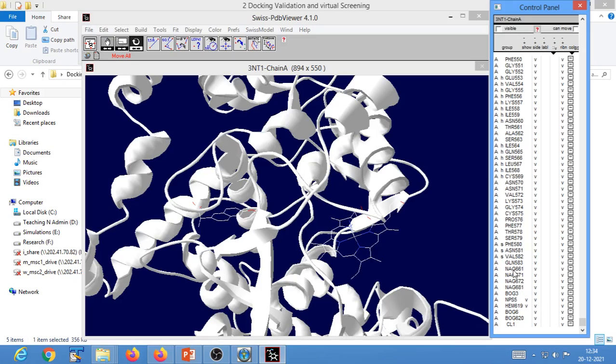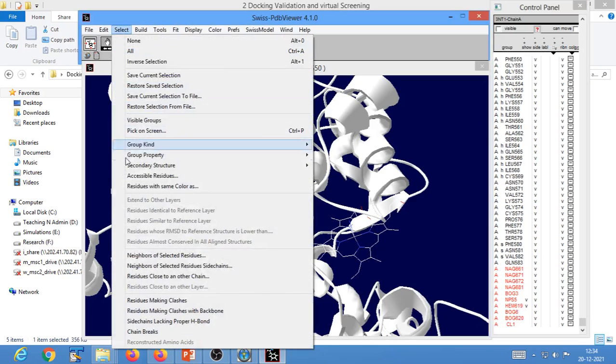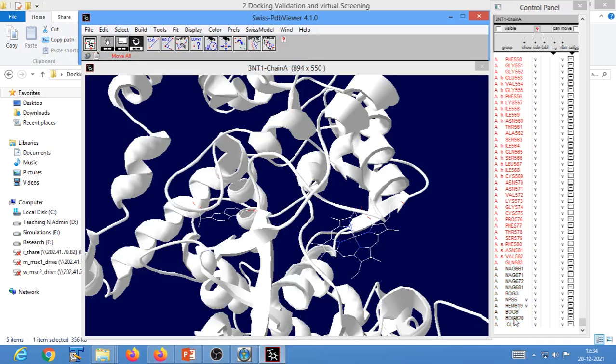Here are all the non-protein components, which start out with this NAG residue. Once I select all those non-protein components, I would go to select and then use this inverse selection option. What inverse selection does is that it selects everything other than what was selected in your previous step. So in this way, I have now